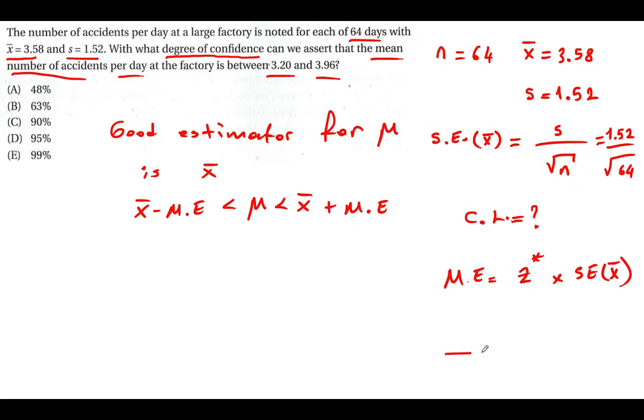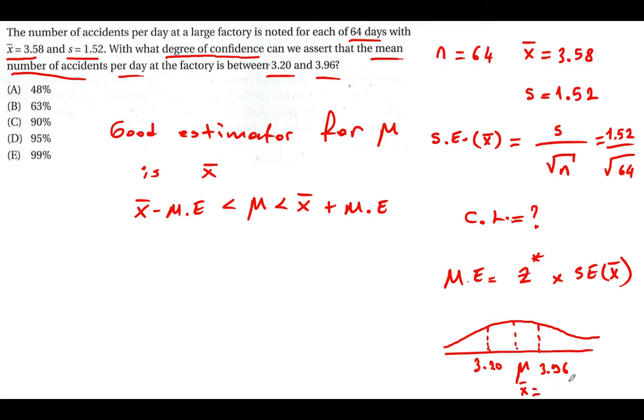So if I illustrate this, I have a normal distribution and I will have a mu here. So I am wondering how this population mean could be between 3.20 and 3.96. Meanwhile, my estimator is here, x bar,